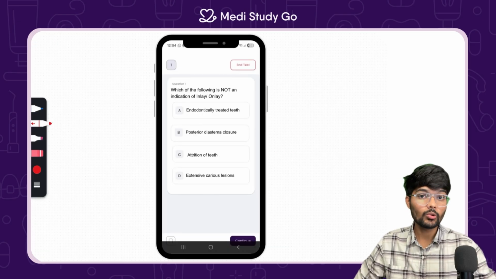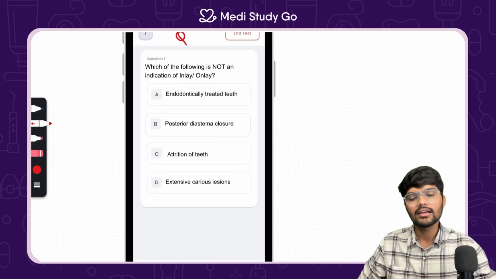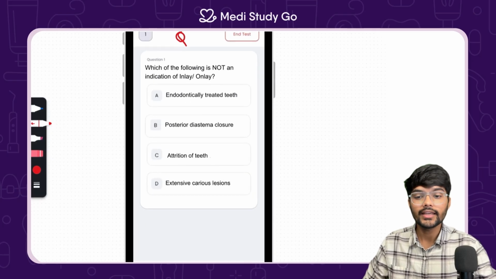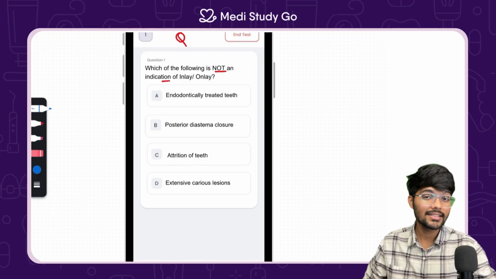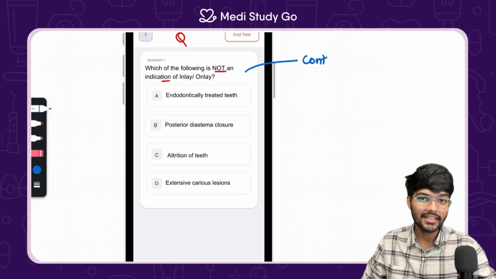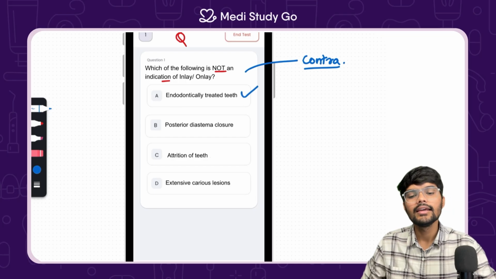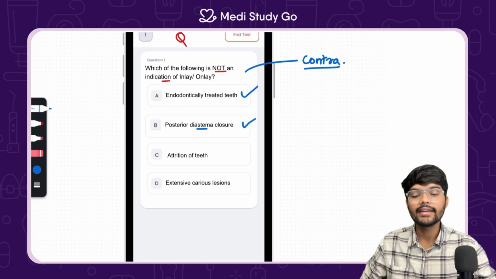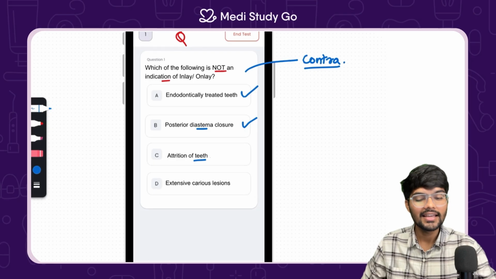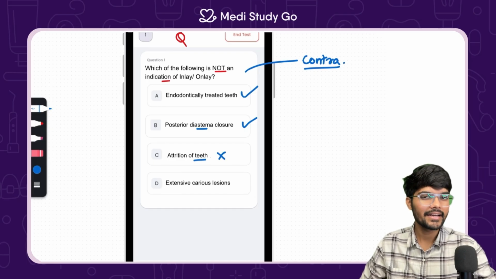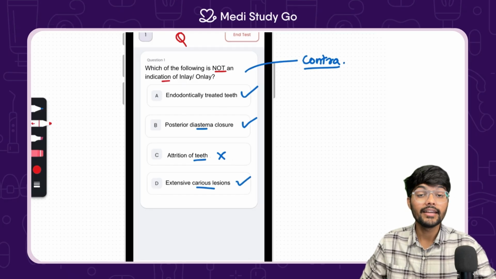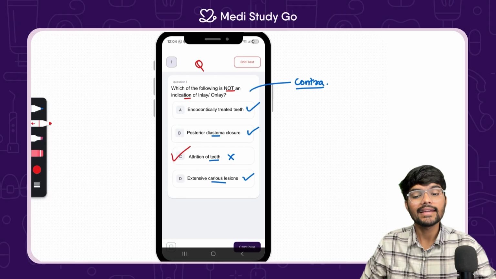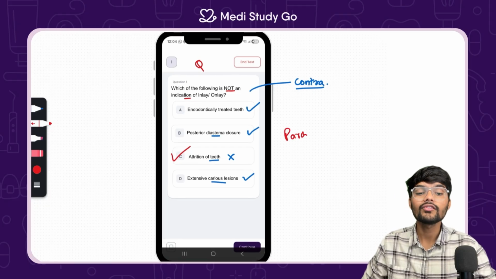Now let us go through a few questions which will help us revise this topic. So the first question, which is an MCQ, is which of the following is not an indication of inlay only, which basically means we have to look for the contraindication. The first option is endodontically treated teeth, which is an indication. Second is posterior diastema closure, also an indication. Third is attrition of teeth. Now this is the correct answer, but the fourth option we'll go through, it's extensive carious lesions, which is also an indication. So the correct answer for this question is option number C, that is attrition of teeth, because that